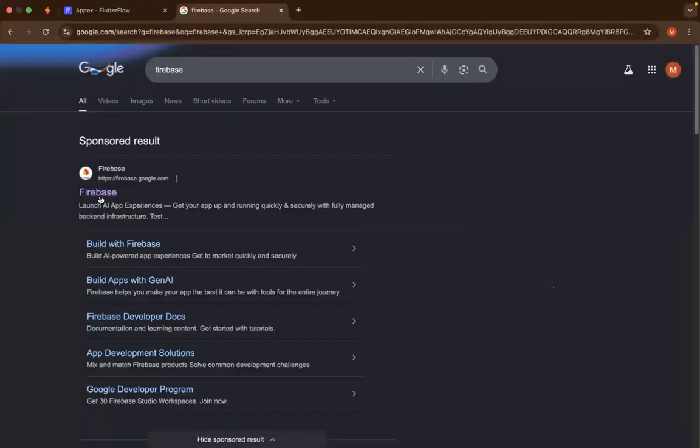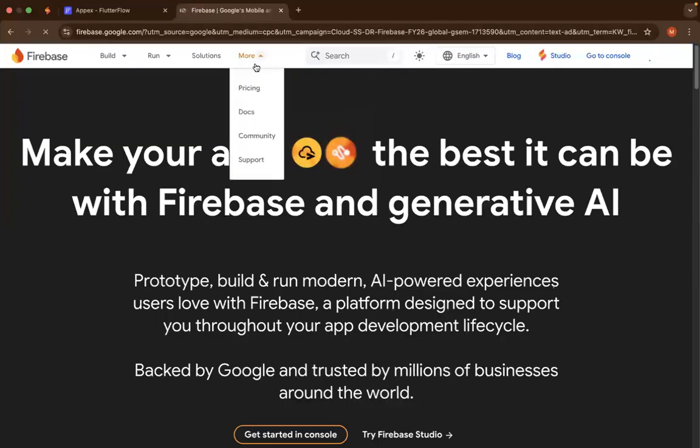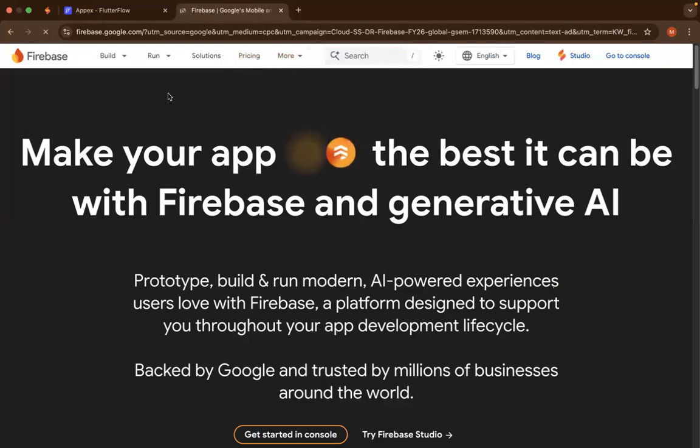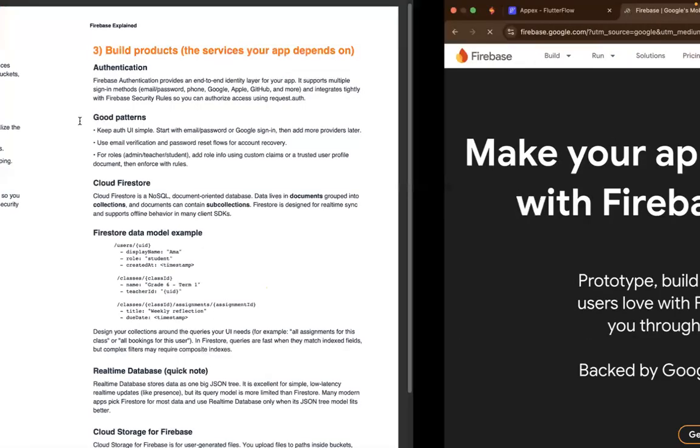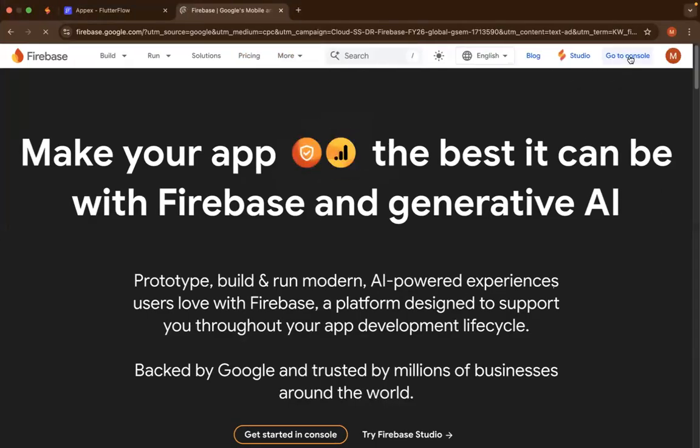Now when I click on Firebase right now, I'll get a chance to see their page and also read some things about them, their blog, their documents, their pricing and all that. So now we need to dive into the Firebase console. That is where we can create our apps, because it says over here: create a project in the Firebase console and add your app. All right. So now let's go to Firebase console right here. Guys, please take notes. So go to console